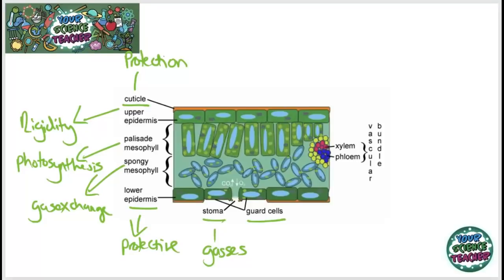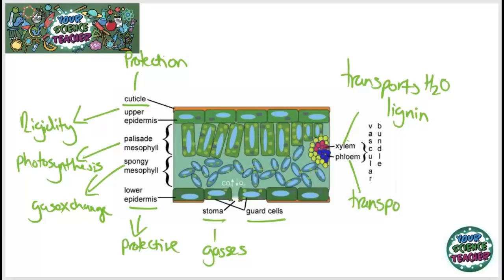We also have over here the xylem, and the xylem transports water up from the roots, and we also have the phloem, and the phloem is different to the xylem. The xylem is made up of dead cells called lignin, whereas the phloem contains lots of mitochondria and live cells because it transports products of photosynthesis around your plant, and for that reason it needs to